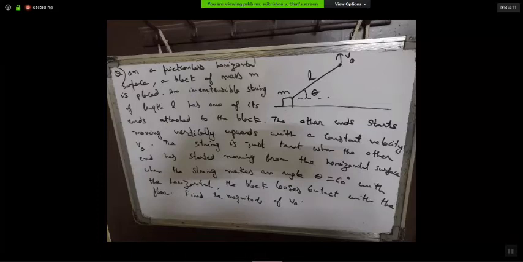So we can write the x as L cos theta and y as L sin theta. And then we can differentiate the y component and the x component twice. So then we can find d theta by dt, and then we can find x component of acceleration also. Then T cos theta we can write as max, and T sin theta we can write as mg. At the breaking point, so that we can find v max.